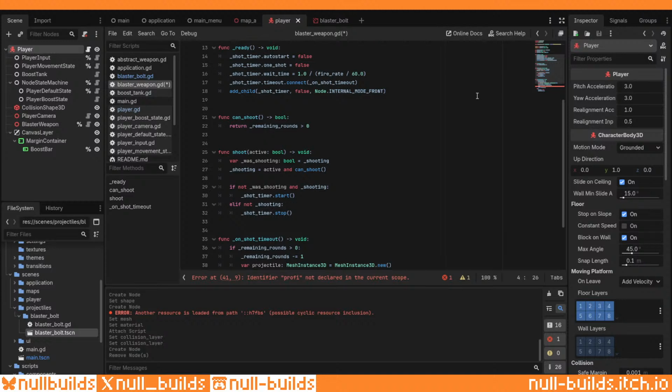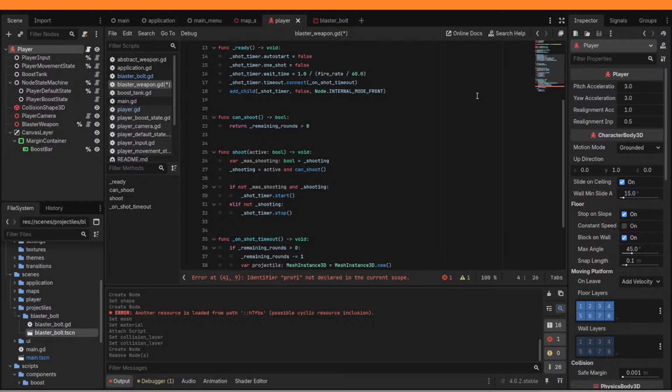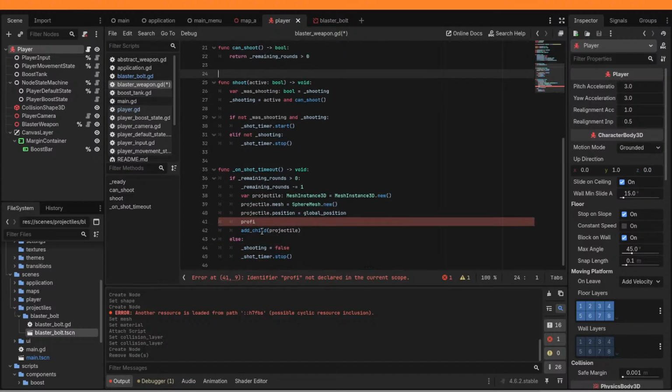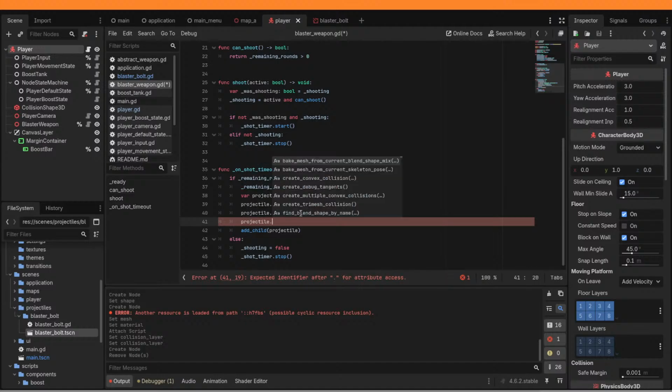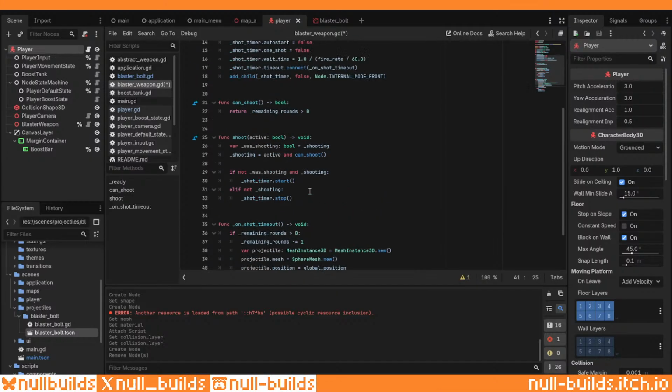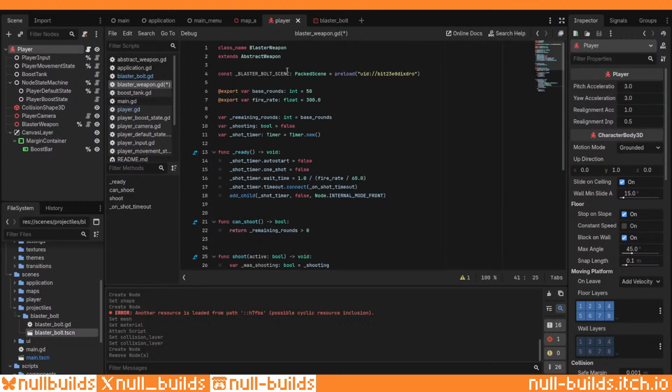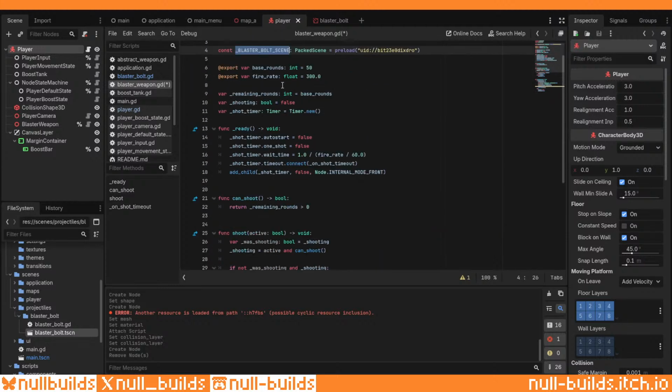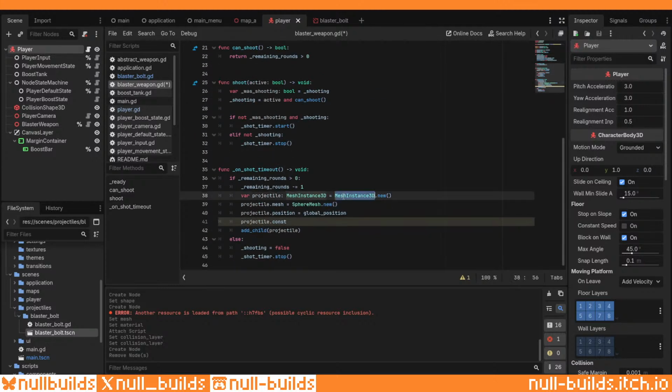Trying to desperately remember my math degree and make projectiles work in this game. What's up with you? Are you participating in the Wild Jam or are you just stopping by? Let's see, projectile dot, what do I want to call that? It'd be constant linear velocity. Yeah, so I need to do,